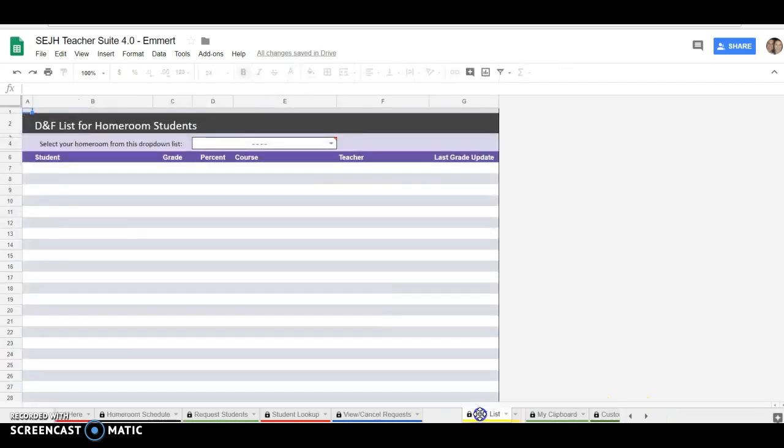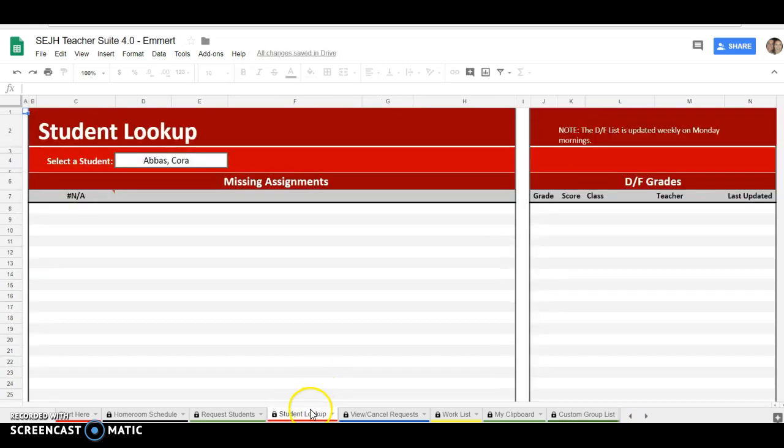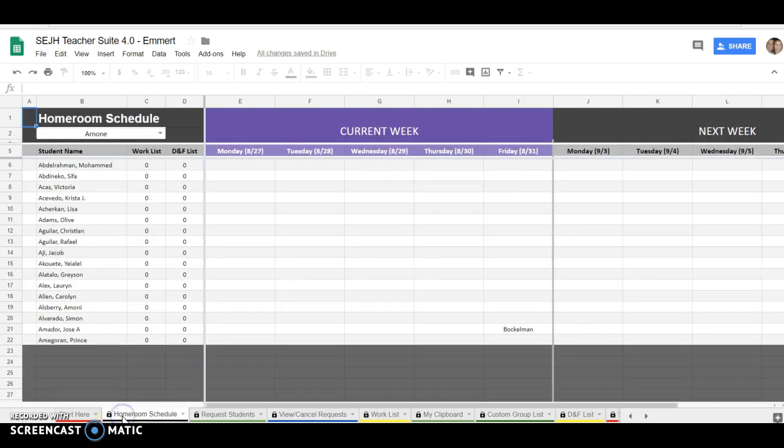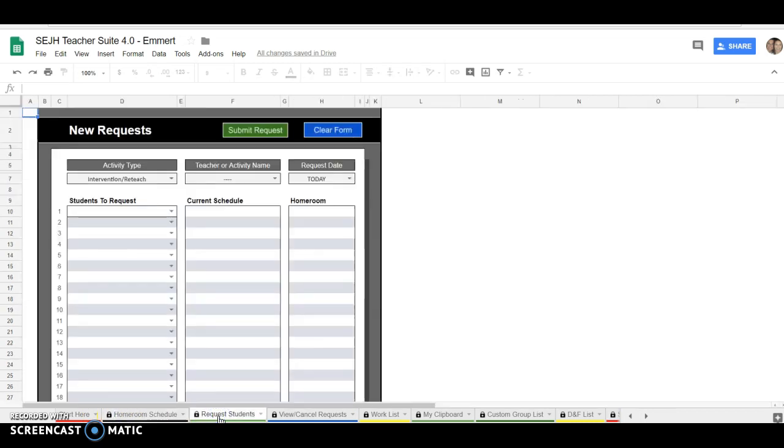We're not going to do a DNF list right now, so I would just put that at the very end of my tabs. Oops, move that over there, because I'm not going to really use that very much. The student lookup, you shouldn't need to use either, so I would just go ahead and put that at the end. So the tabs that you're really going to use a lot are your homeroom schedule. You're going to want to see that. Your requesting students,